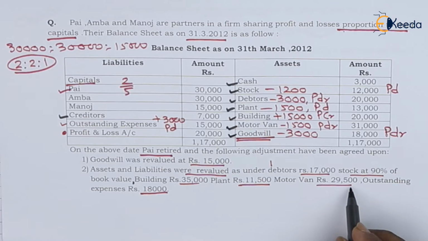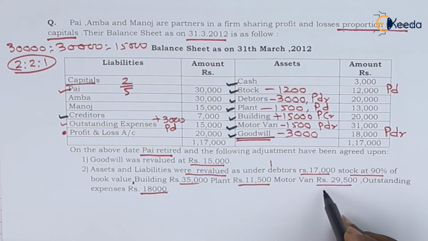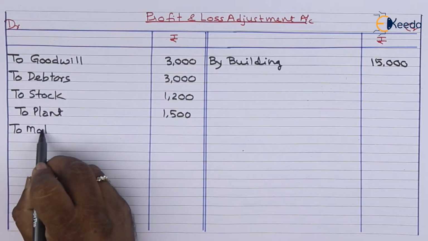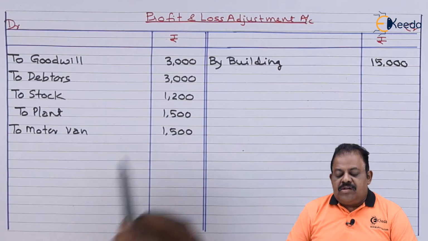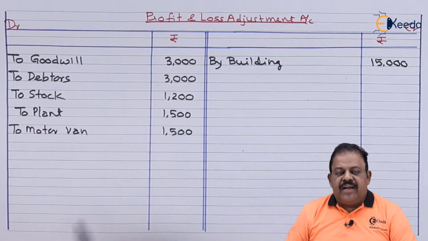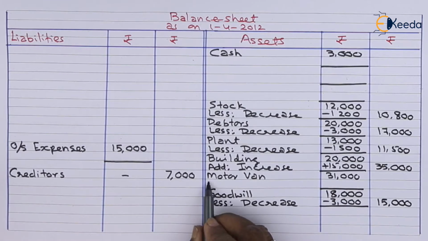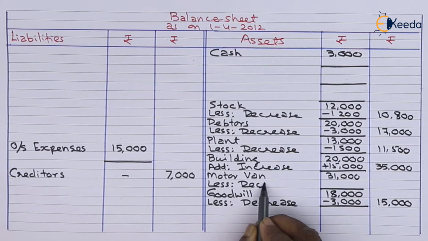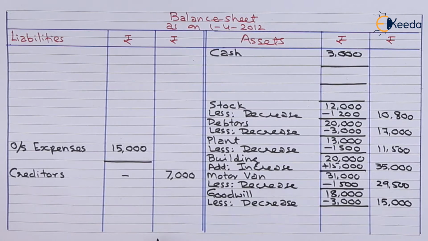Motor van 29,500. Originally it is 31,000, so it is reduced by 1,500. Profit and loss adjustment account debit to motor van 1,500. Balance sheet asset side, motor van 31,000 less decrease 1,500,